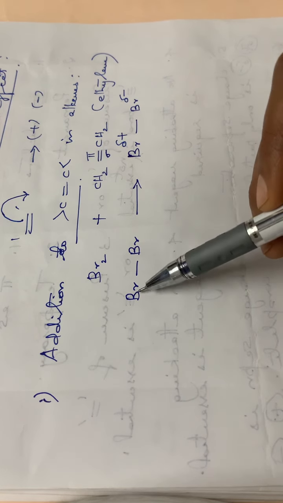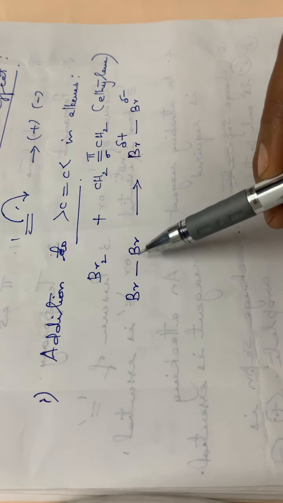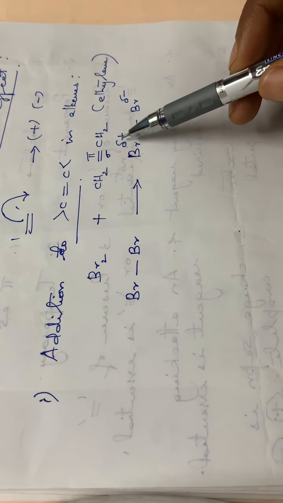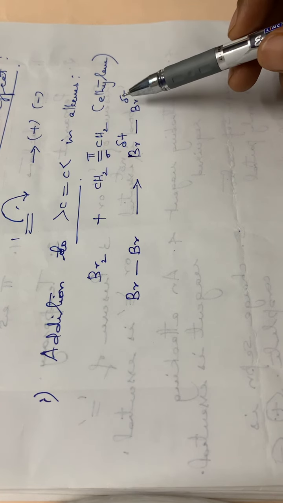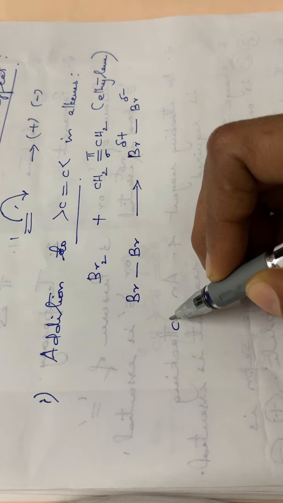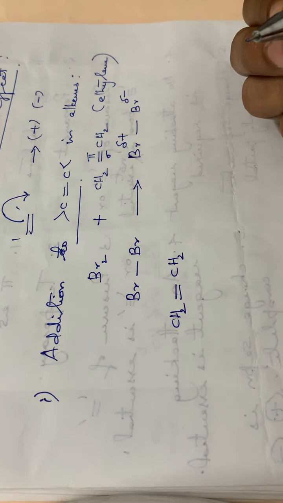See here, both of the atoms are the same. That means this is a homoatomic molecule, isn't it? There is no electronegativity difference between these two. So a complete charge separation is not possible, only a slight charge separation, that is delta positive and delta negative. Then next we have to take into consideration this ethylene molecule, CH2 double bond CH2.